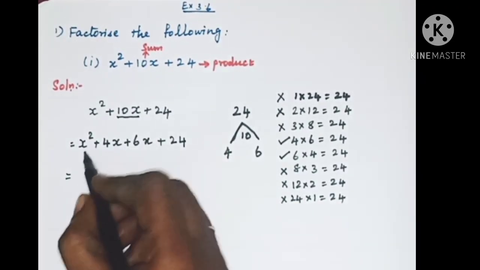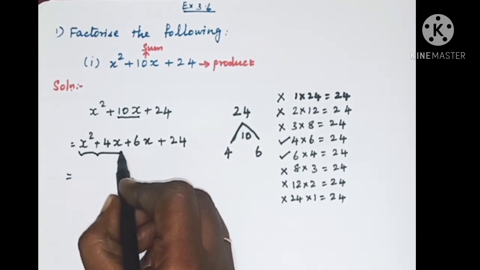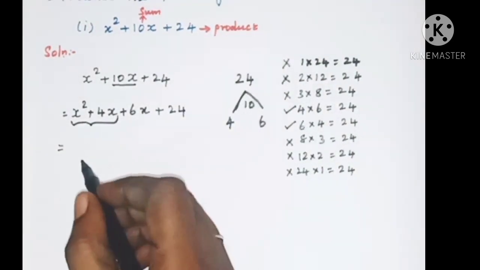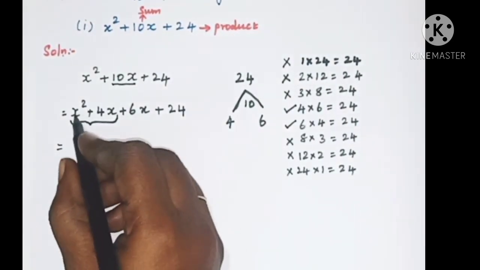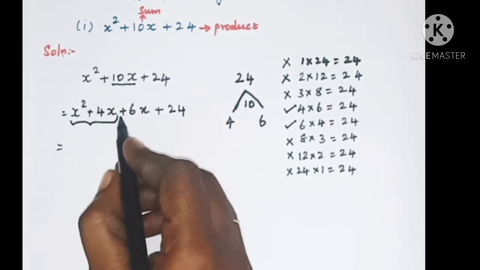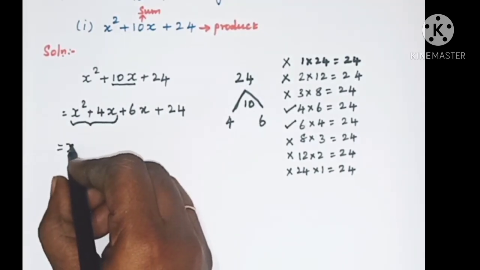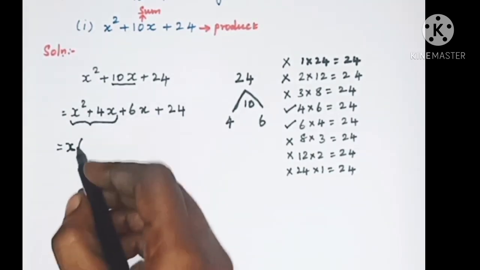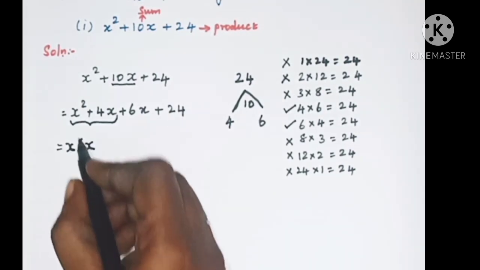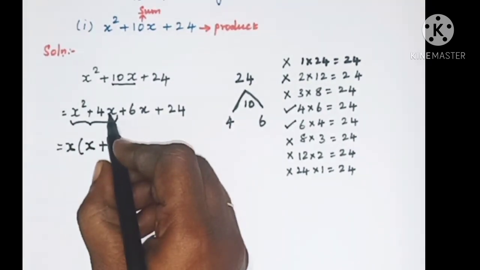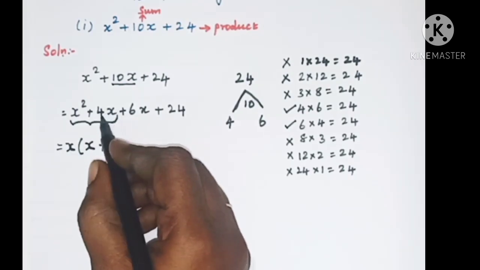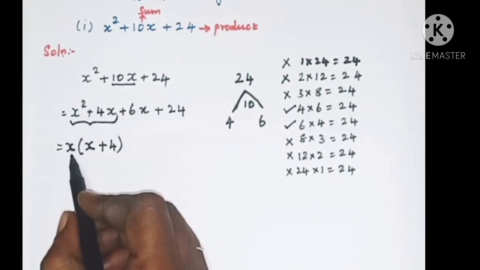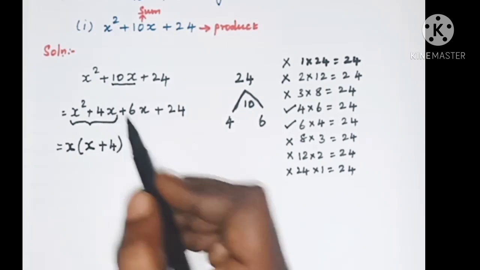Now split these four terms into two groups. Take the first two terms and obtain the common term from these two terms. So the common term is x. Here we have x square and we have 4x here. So the common variable is x. Take that variable outside. Now we have 2x here. One can be taken outside. So the remaining is x. x into x, x square, plus, and then here we took x outside, so the remaining term is 4. Write that 4 as it is. So x into x, x square, plus x into 4, 4x.